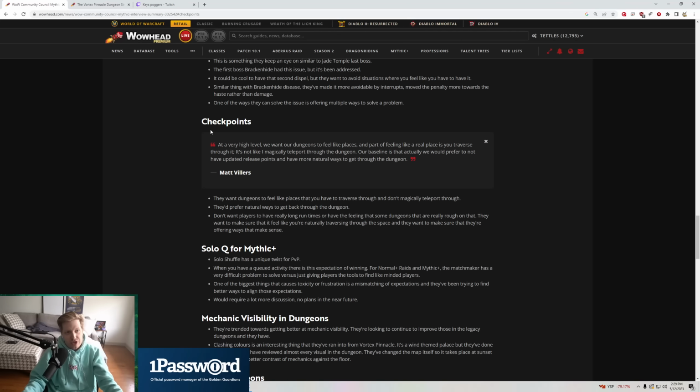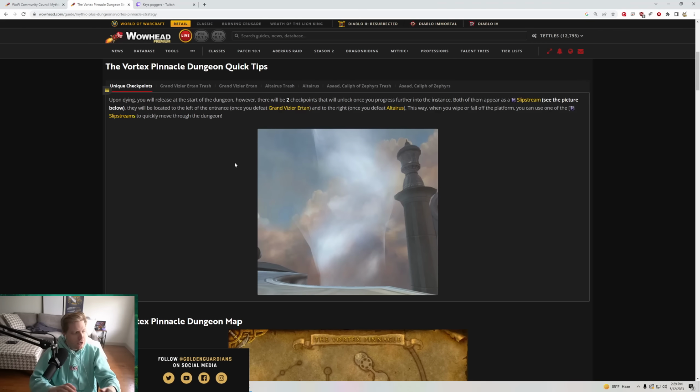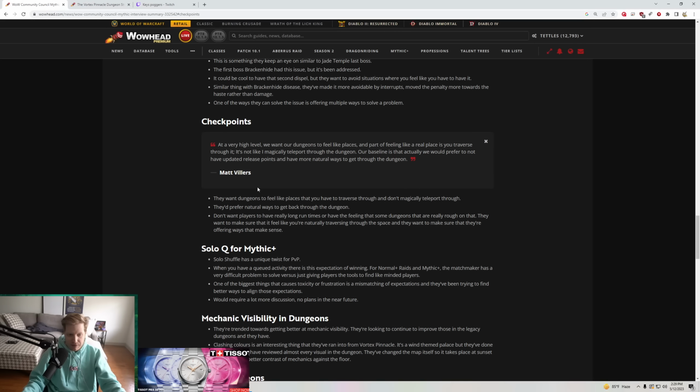Neltharis also has a door that you're able to lockpick that gives you a pseudo checkpoint as well. That's towards the Forge Master area. It's not like a massive checkpoint. Vortex Pinnacle has these natural slipstreams, and Underrot has also a doorway that opens and is a natural pathway. And so what Matt Villers says in the statement, I mean, Blizzard has done. They have made their dungeons feel like a realistic place to traverse through, but it's not like you magically teleport